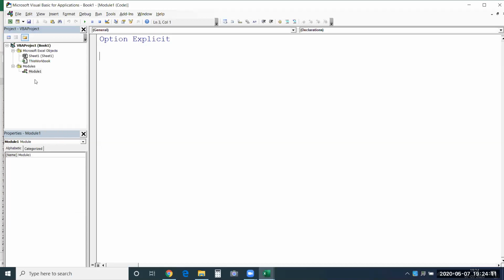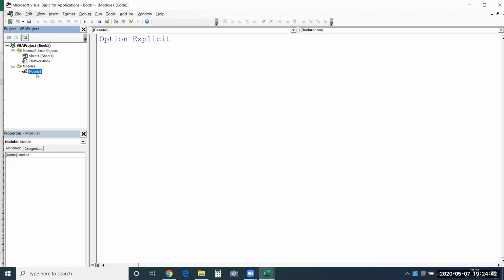As soon as you choose that, you get a code window here and you will be able to see Option Explicit. If it is not visible in your system, don't worry. I'll be explaining the importance of Option Explicit when we teach data types and variables. At that point we require this Option Explicit. Currently, even if it is not there, don't worry. So now we have a blank standard module.